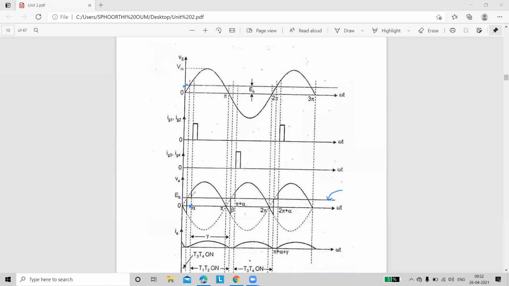That means from this instant, you have to start drawing the output voltage. So I am drawing the output voltage, and initially we are assuming that it is a lossless system. That means we have to draw the output voltage which is similar to our supply voltage up to the instant of pi, right? But at this point, our output voltage does not end and it will go to some extent. What is the basic reason behind this?